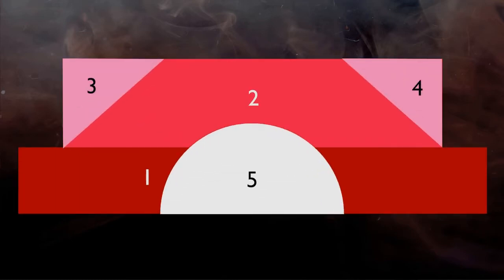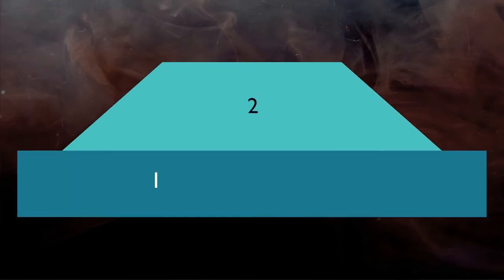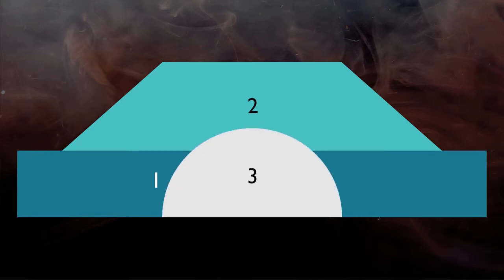Second option is to divide the whole area into rectangles and then subtract triangles and the semicircle. Apart from this, you can divide the area into any shapes as per your convenience. It gives the same result. Let's say we will divide the whole area like this so that the number of divisions will be minimum. First part is a rectangle, second part is a trapezoid, and the third part, the semicircle, will be subtracted.